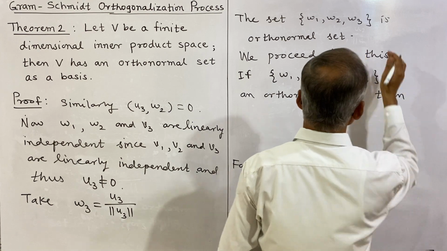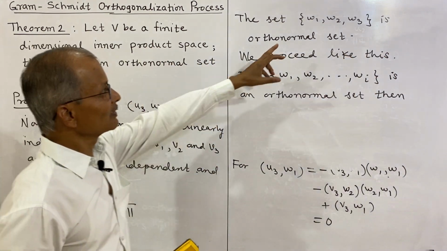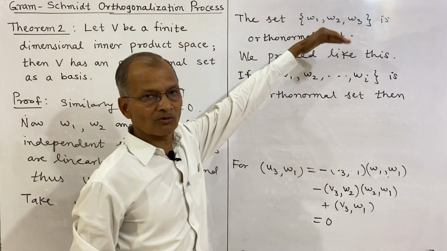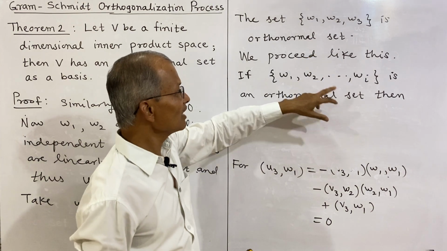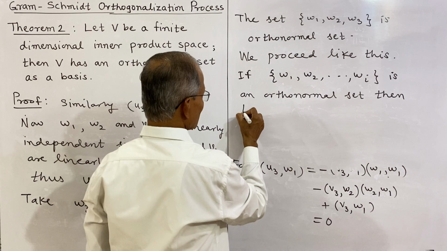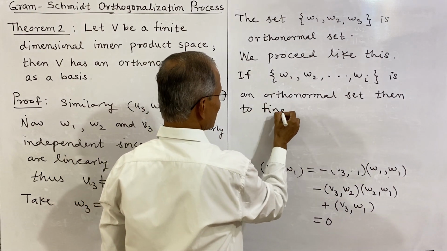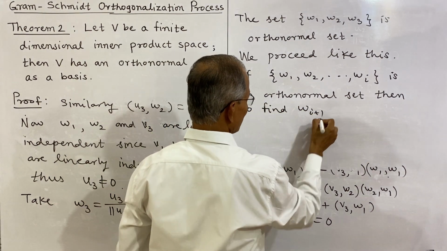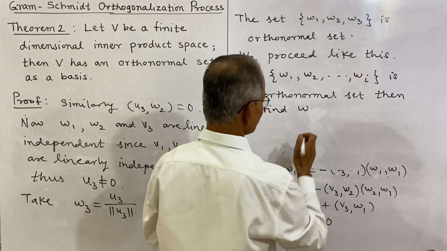Then the next vector, after three vectors we have obtained, we have to find out W4, and in general if this is an orthonormal set, then to find Wi plus 1 we shall take